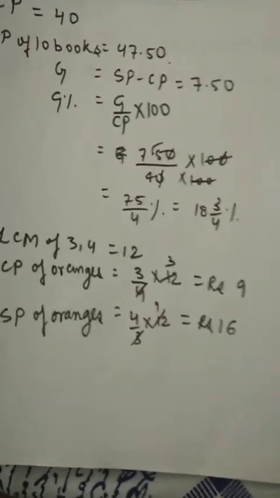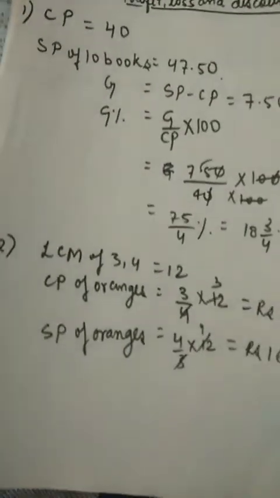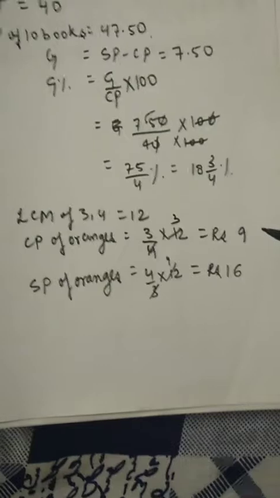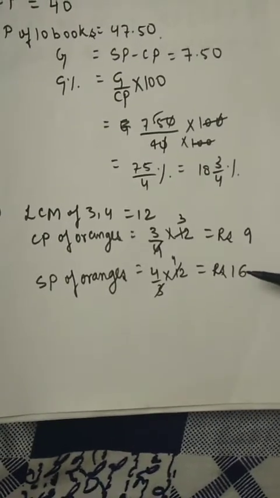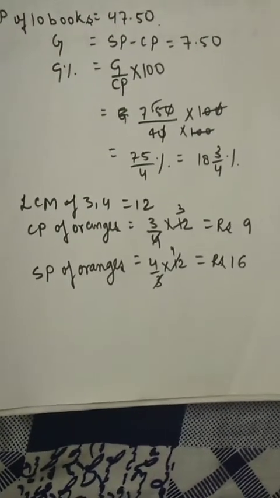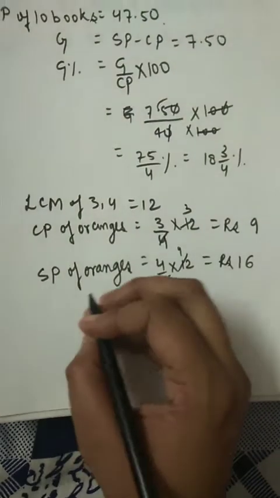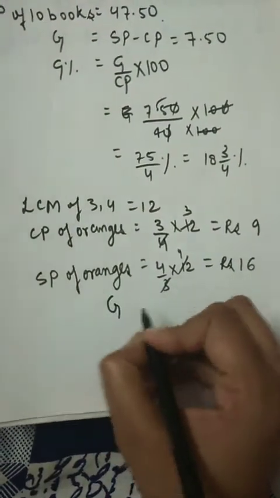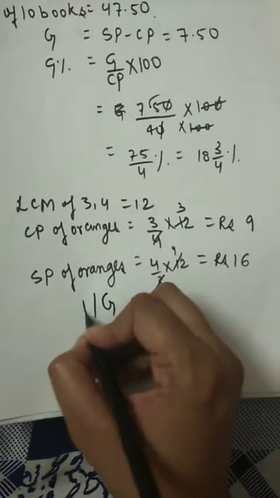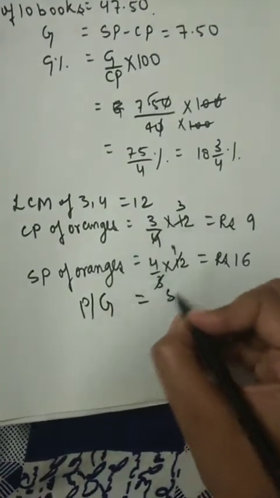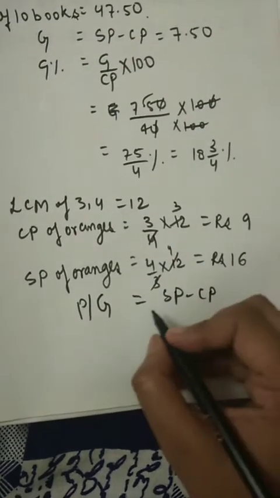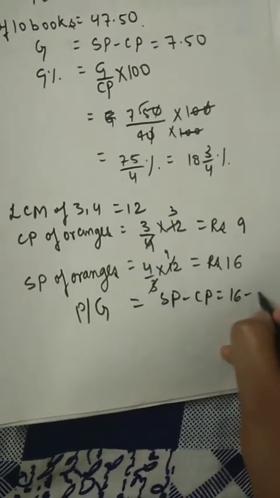Again you can see in this question that selling price is more than cost price, so the fruit seller is going to gain. So gain or profit will be equal to selling price minus cost price, which will finally be 16 minus 9